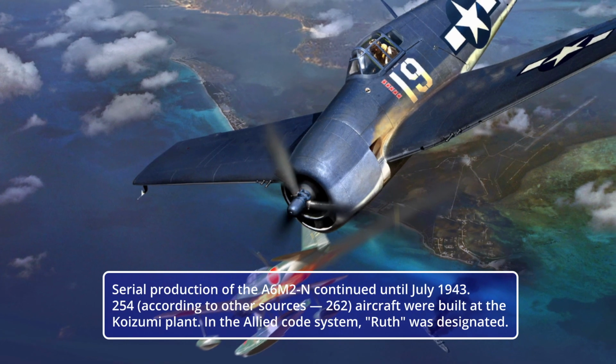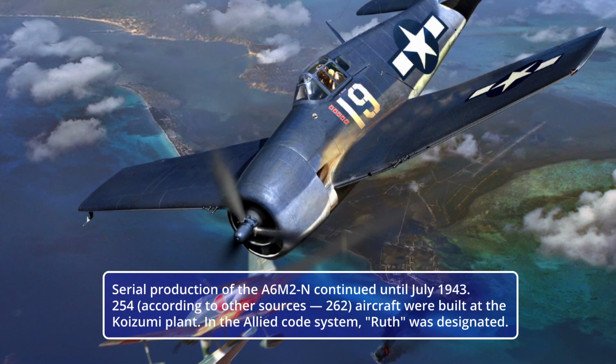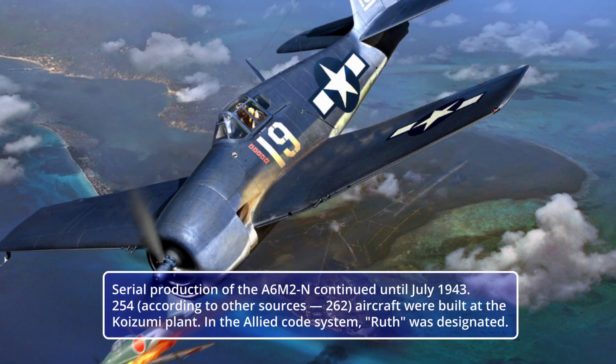Serial production of the A6M2-N continued until July 1943. 254, according to other sources 262 aircraft were built at the Koizumi plant. In the Allied code system, Ruth was designated